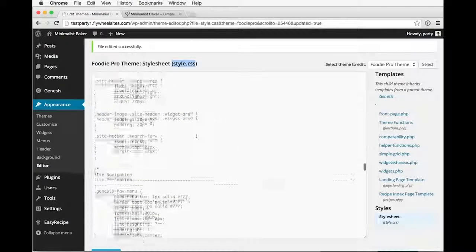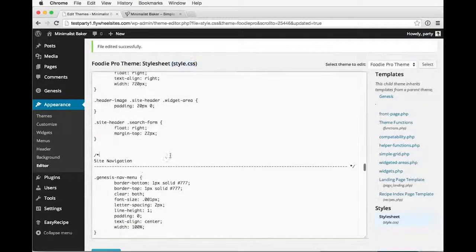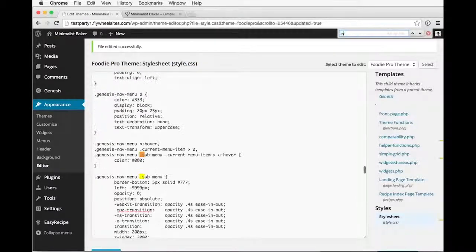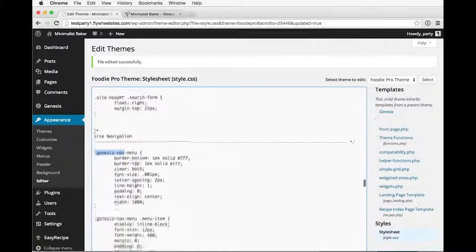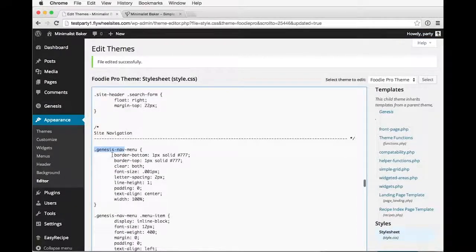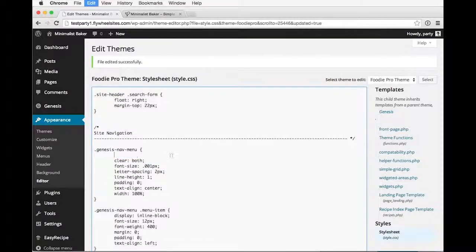On this style sheet, you want to scroll down to Site Navigation. It's probably easier to use your search function on your browser and just go to, you need to spell it right, Genesis. I think I spelled it wrong on the other one. Genesis Nav. And it should take us right down here. And as you can see in this first nav menu, we've got a border bottom and a border top that are both solid lines. If I just delete those, of course, make sure you're not deleting more than that,